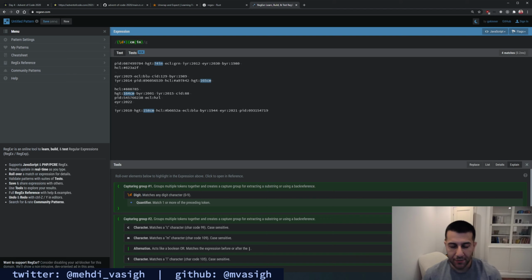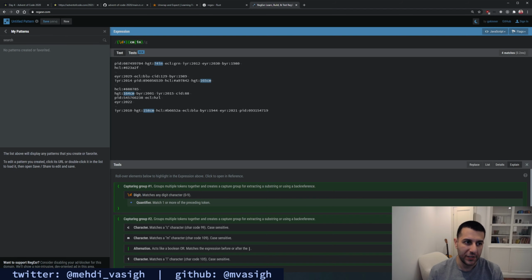What we need to do is match it, pull the parts, and make sure that the capture groups are valid. If it's IN, it's between a certain set of values and so forth. So we need to check the range based on the unit.